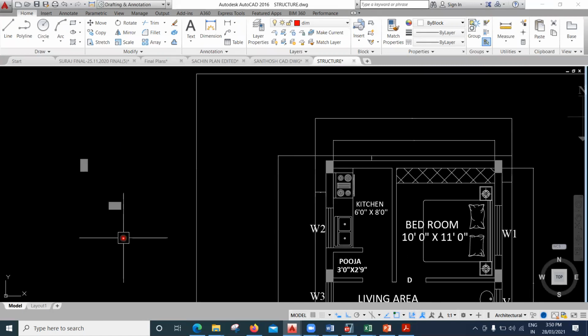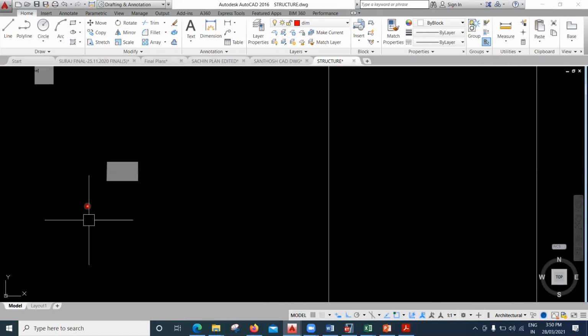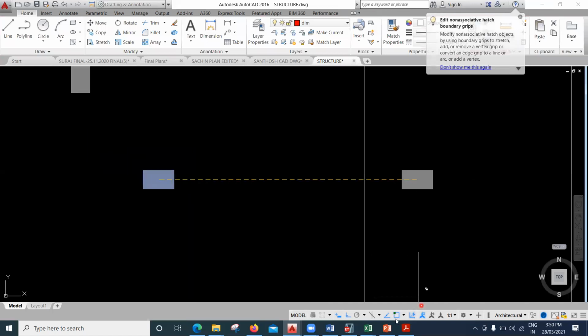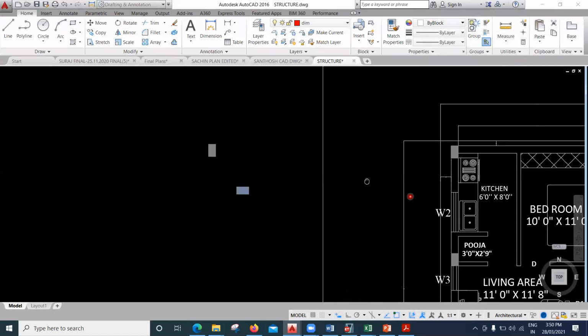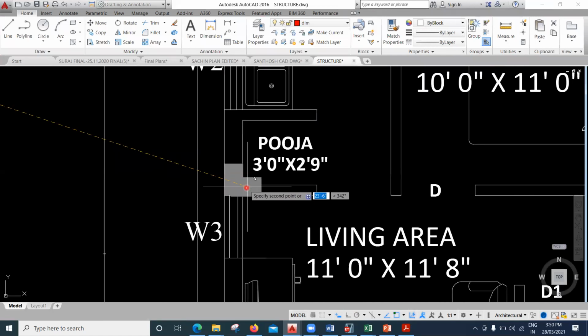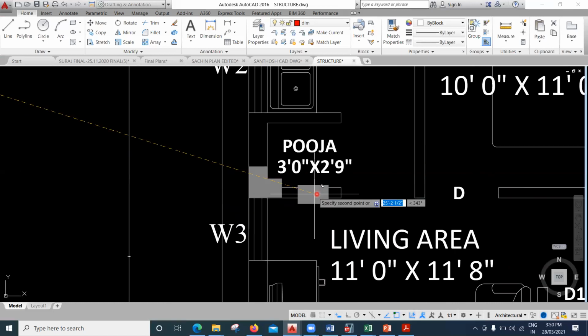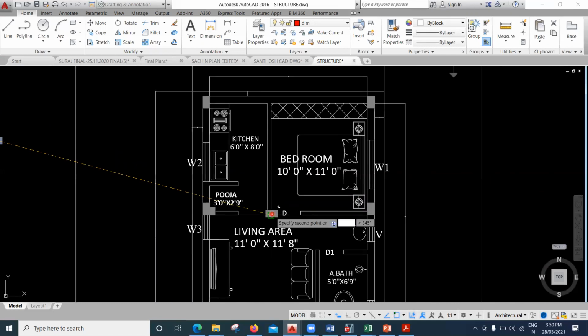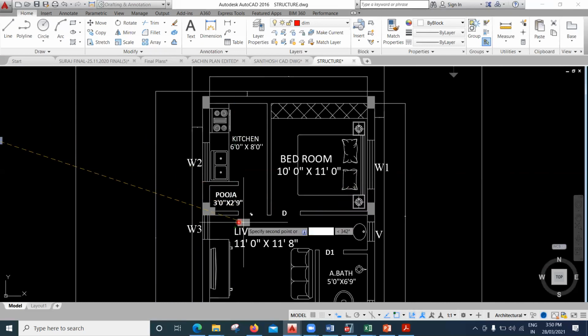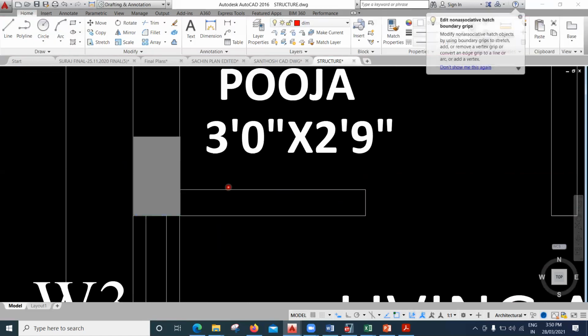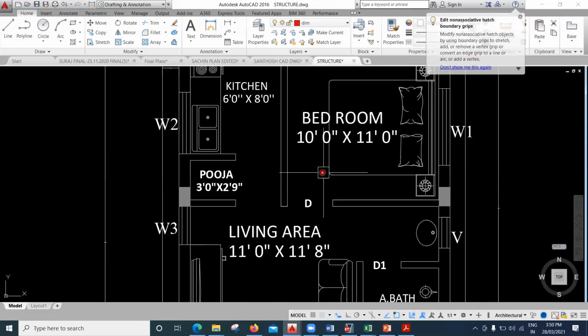See, I can place my column in this way, or also I can place my column in this way. Let me try to drag it. I'll say copy selection, and now I'll pick it from here, and let me take it there again. I can keep it here as well, in this way as well. It's up to you to decide how you want to place it. Let me place it in this way. Let me show you how it has to be placed, right? So the column can be placed in this way or in this way. Now it's up to you to decide how you want to place it, but there is a logic to how the placement of the column should happen. Those things I'll be telling you at the end of the lecture, right?